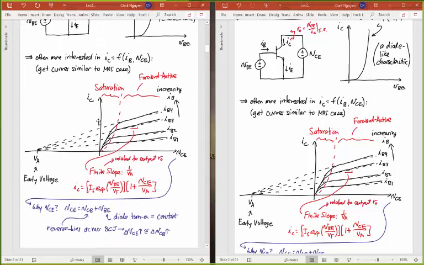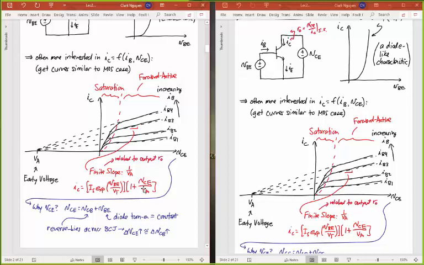Looking at this curve in more detail, the way that we model the amount of slope that we have here: remember in MOS, we modeled it by a lambda parameter that was multiplying VDS. Well, in this case, we're doing the same thing. We're taking the initial collector current, which was given by this equation for bipolar, an exponential of the VBE voltage, and we're multiplying that by 1 plus VCE divided by V sub A. And so 1 over V sub A you can think of as being the same as lambda in the MOS world,